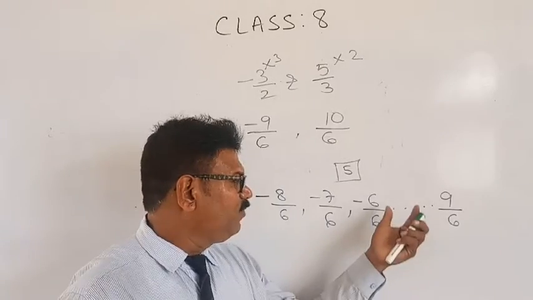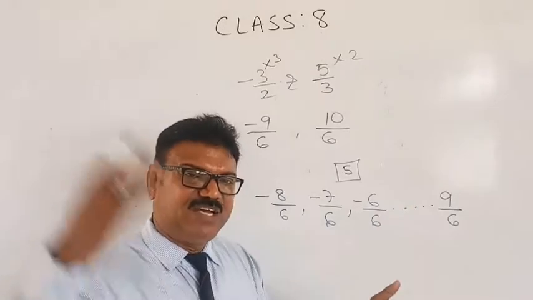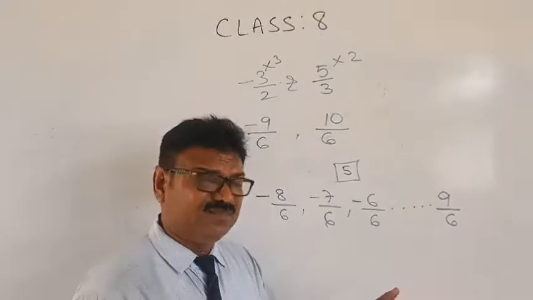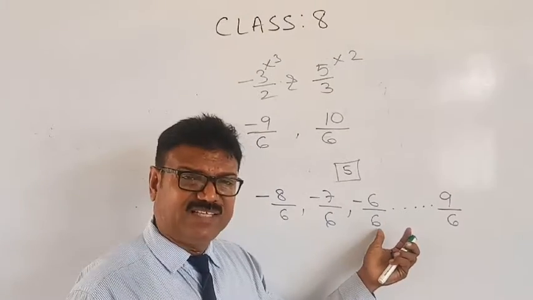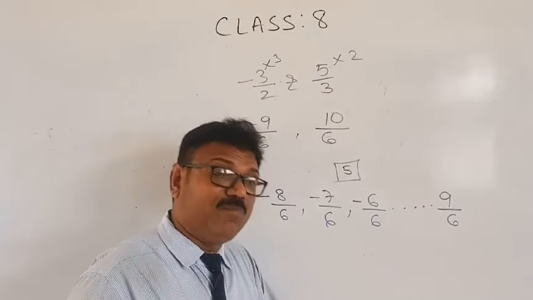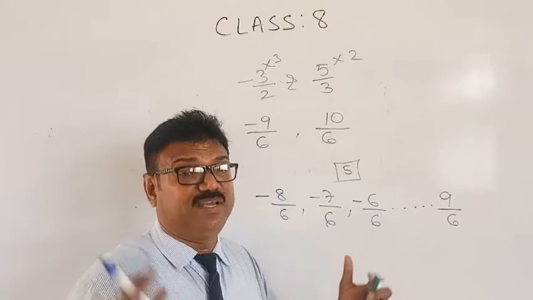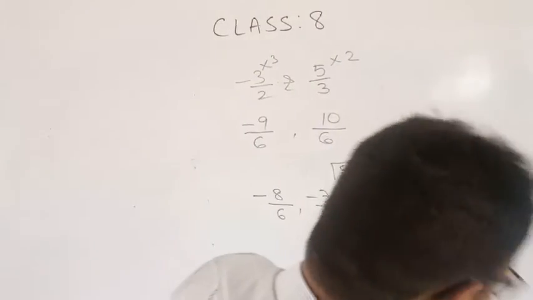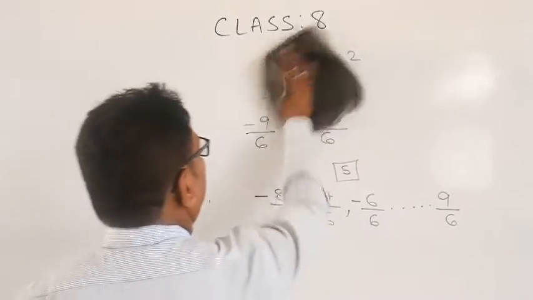Okay? Here you may get minus 6 by 6. Sometimes you may get minus 8 by 8, minus 10 by 10. That means what? Minus 1 only answer. But how many you want? Those many numbers of solutions you will get. Clear? Is it clear? Very good. Next.